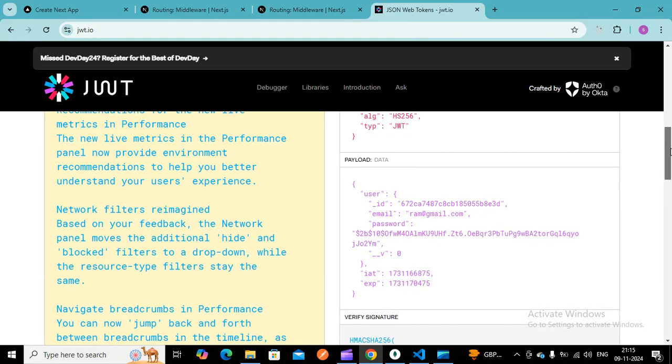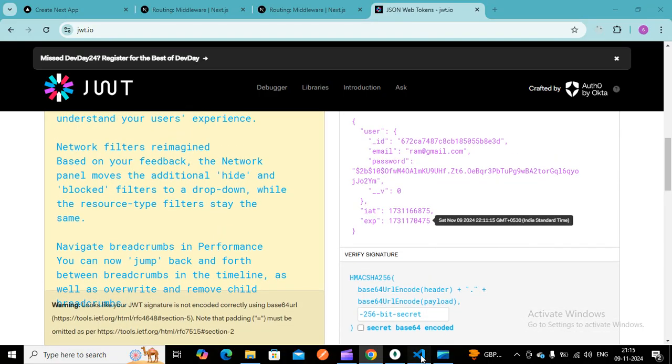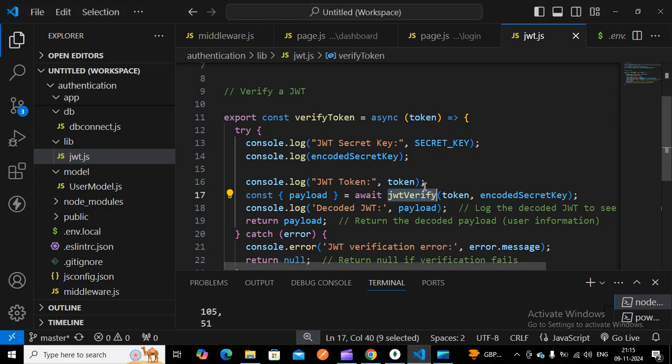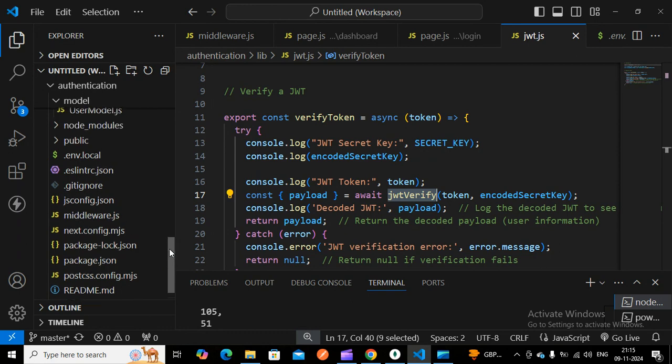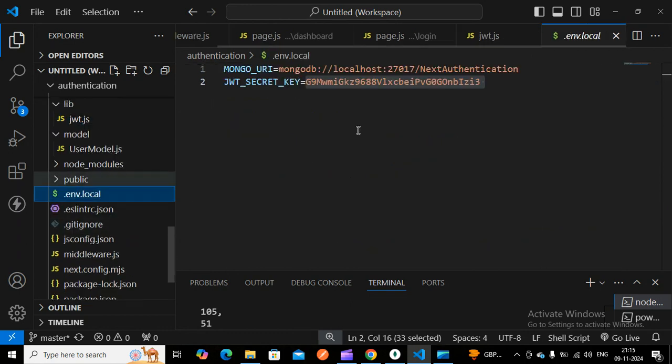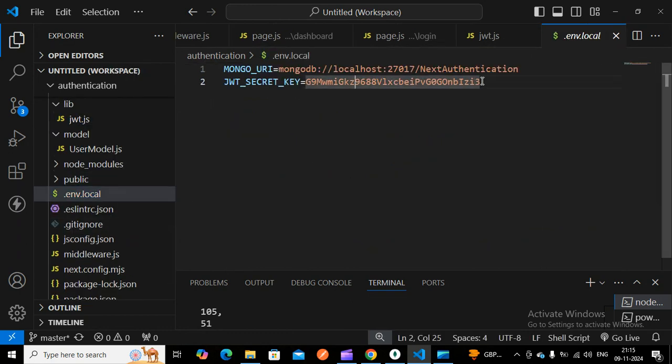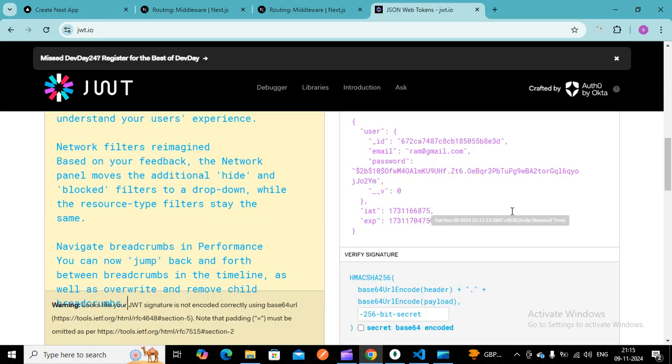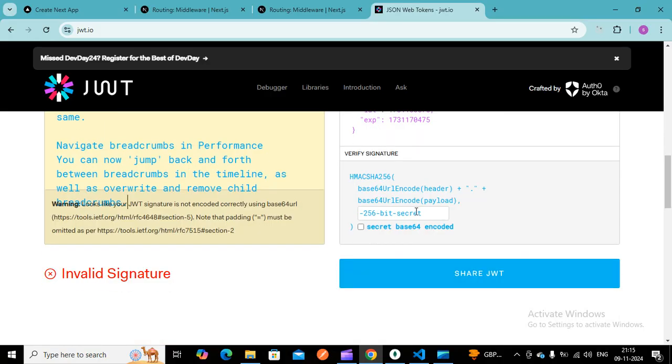So I have to verify this particular JWT. For that, I pass the secret key, which is in the .env.local file. I copy this secret key to verify my token, whether the correct user is accessing or not. Here it says invalid signature.